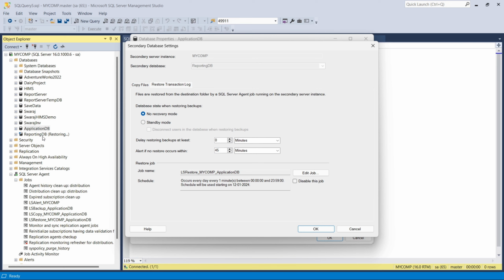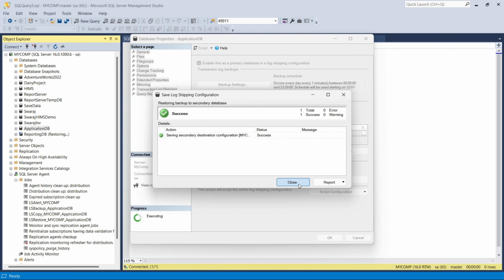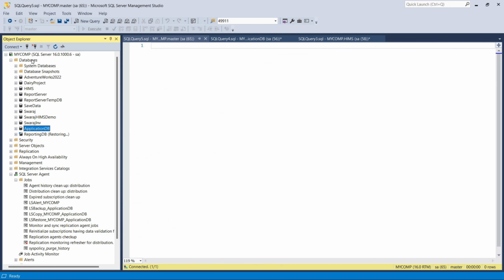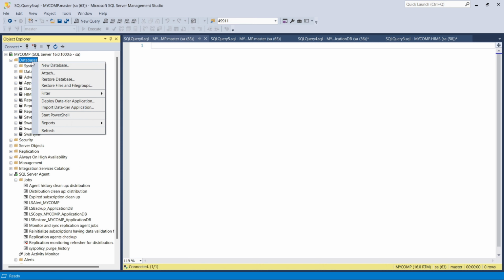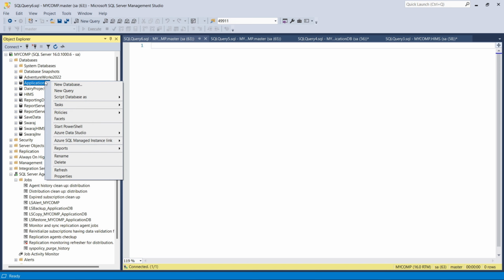And we are not able to do any select operation. If we make it standby mode, then just click OK and click OK. So close it, just refresh it. So this is available. Yes, this option is available if you refresh it. And one more thing, why it is in standby and read only mode, we have to click on a checkbox